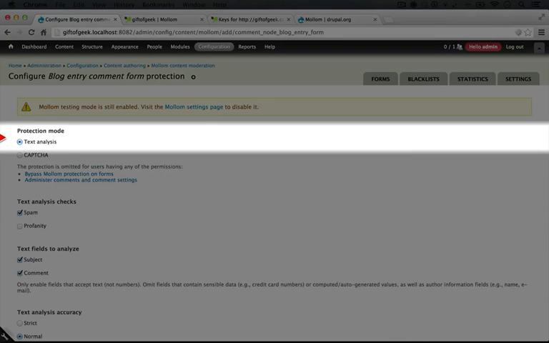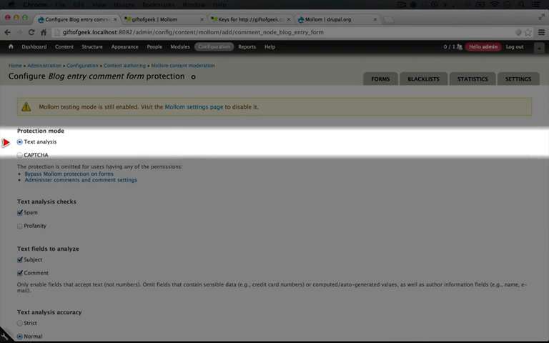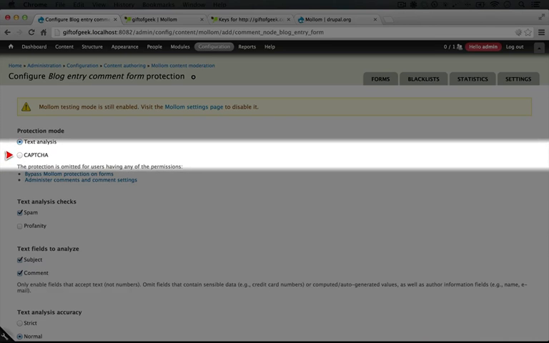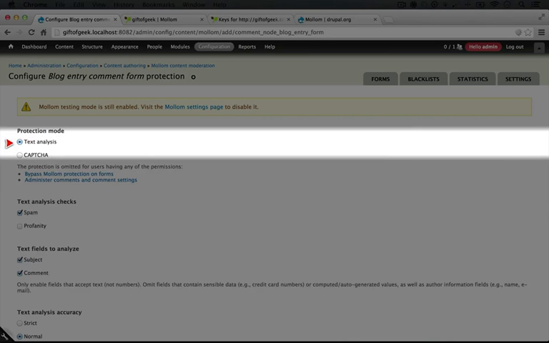And we have the option to enable text analysis or CAPTCHA. Now the idea here is that CAPTCHA performs very similarly to our image CAPTCHA. It requires that the user accurately fill out a CAPTCHA before the form is submitted. Text analysis will send the text out to Mollum to be analyzed to see if it looks like spam. If it does, then Mollum will request that the user enter a CAPTCHA at that point in order to continue